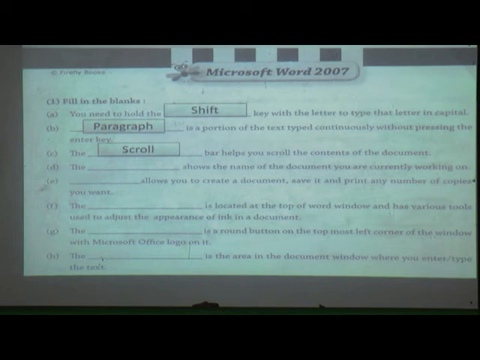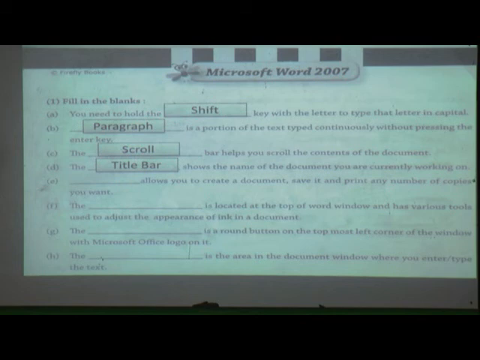Fourth one: the dash dash shows the name of the document you are currently working on. So many times I told you, which bar, or where can we see the name of the document we are currently working on? Yes, it is the title bar. Now next one: dash dash allows you to create a document, save it and print any number of copies you want.